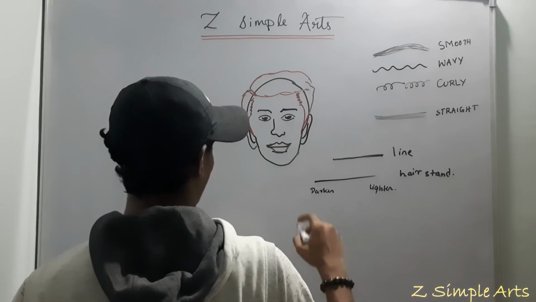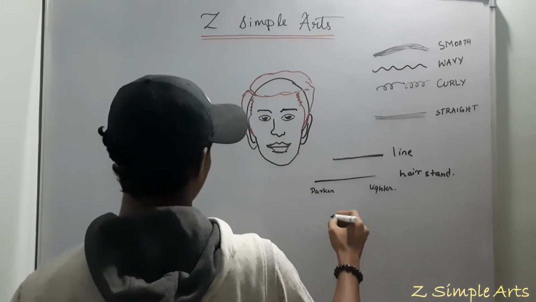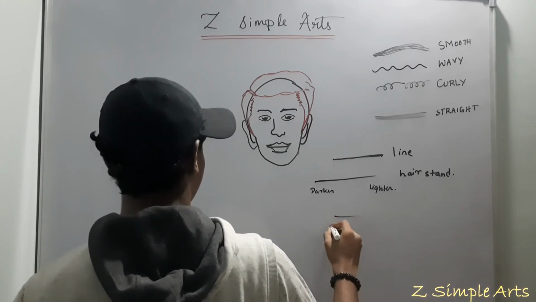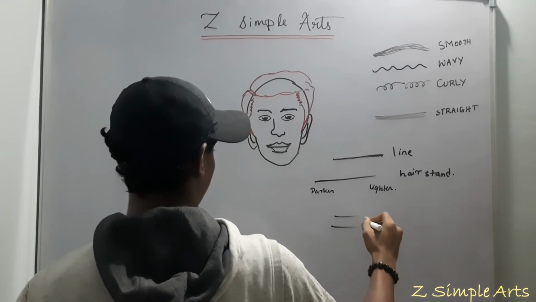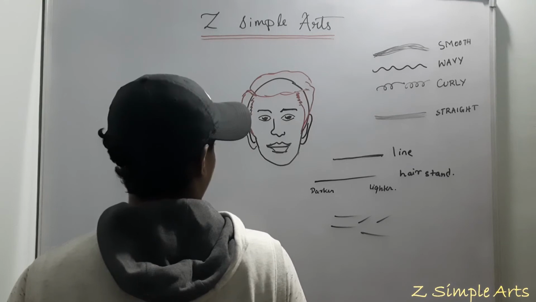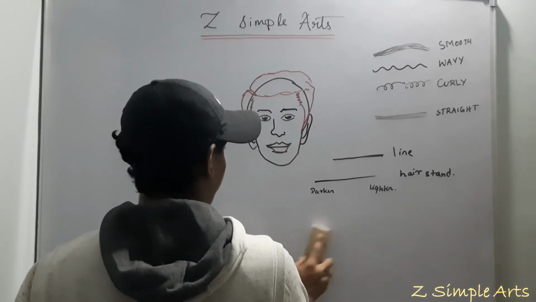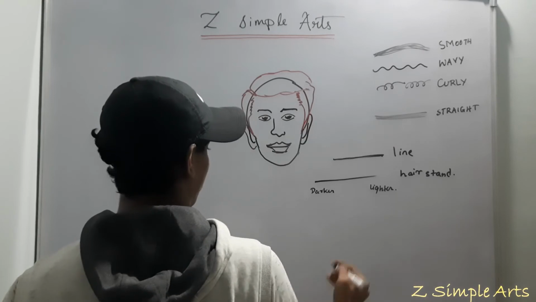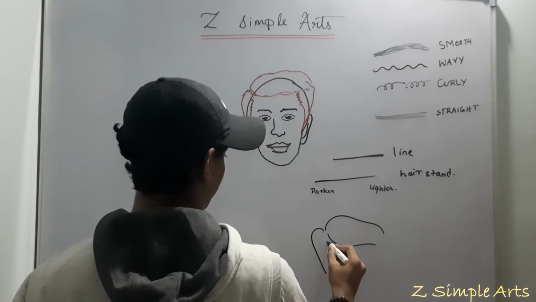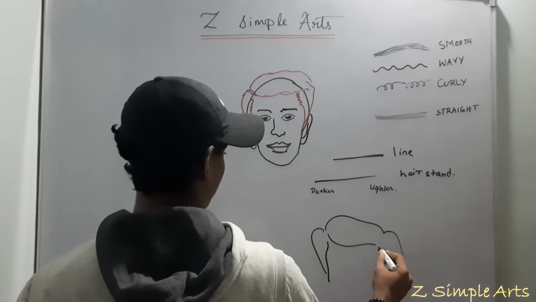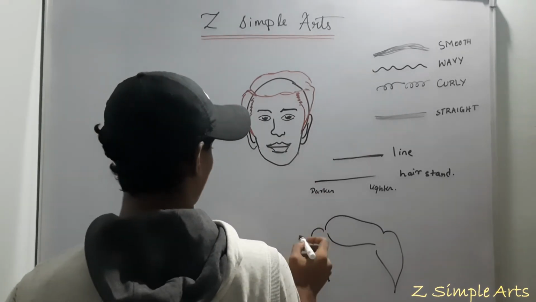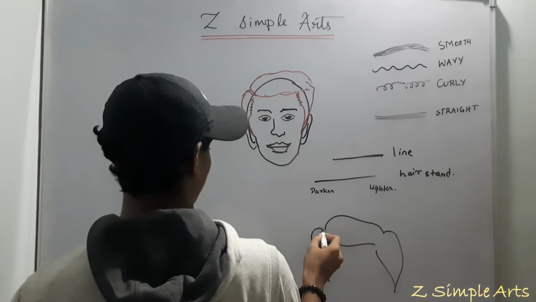So this is how we draw a single strand of hair. To get this, all you need to do when you're using a pencil is apply pressure on the paper and drag. Apply pressure on the paper, drag, drag, drag. That's how you get that line effect. Now, once you get the outline of the hair right, this is just a replica of this thing here. All you need to do is apply pressure on one end, drag.